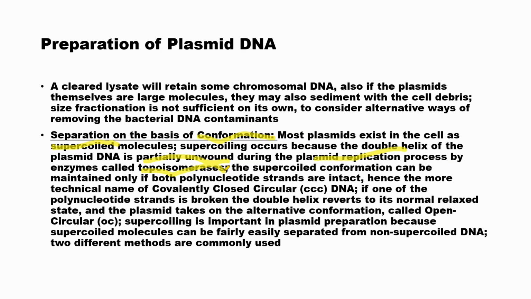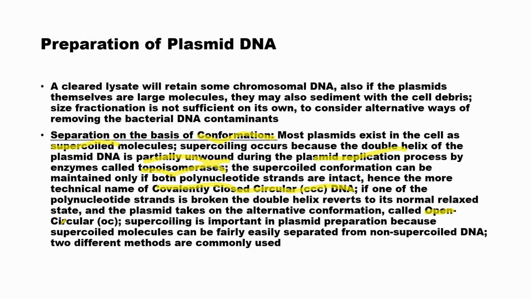Fine. Now, the supercoiled conformation can be maintained only if the polynucleotide strands are intact. So we already know plasmids may appear as supercoiled molecules. It will be in two shapes. The first shape is covalently closed circular DNA, CCC DNA. In that case, both the DNA strands are intact without any breakage. Whereas if there is any breakage in any of the single strands, you will get another conformation, that is open circular